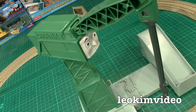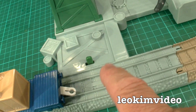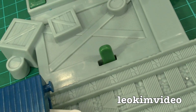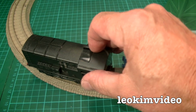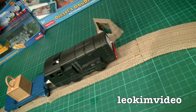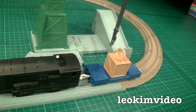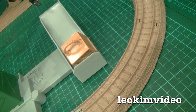Yes, he is set, and sometimes we found him to be a little bit troublesome. Sometimes he doesn't want to set up because sometimes that switch can be a little bit, well, cranky. So let me send Diesel on his way, and hopefully we'll see this playset play out for us. Going over the back there, there is an area there you can connect to another set, and I should do the pickup. Okay, whoa, yeah, and he has delivered the